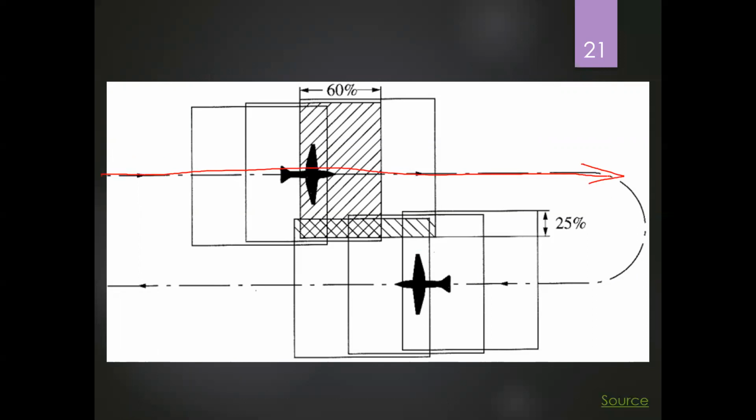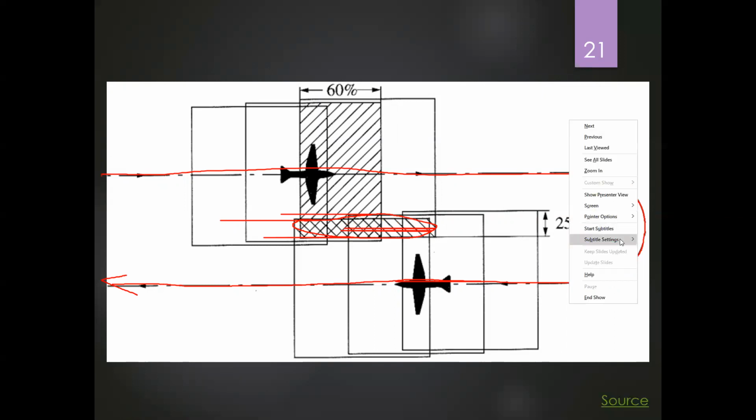And when you finish the scanning, you make a U-turn and fly from right to left. There must be overlap between these two missions, or you can say two scans. Scan one from left to right, scan two from right to left. There must be overlap between them. And also there must be overlap